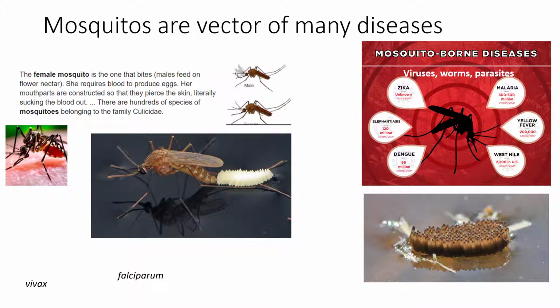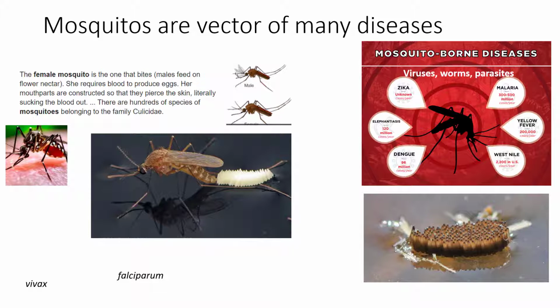Temperature also plays a crucial role in the flourishing of mosquitoes. They prefer temperatures above 21 degrees Celsius, and they cannot survive below 10. They also cannot survive above 40 to 45. As a result, in temperate climates, they emerge only in the spring, summer, and fall. That's us. While in tropical climates, they're there all year round. Warm, wet environments thus provide ideal conditions for mosquitoes as well as the diseases they carry.